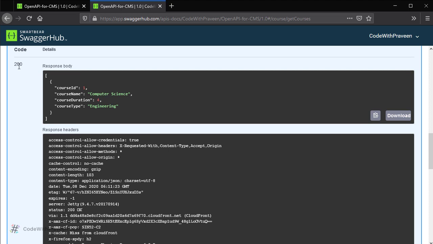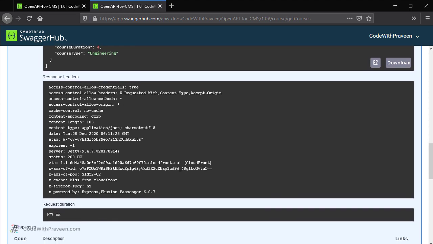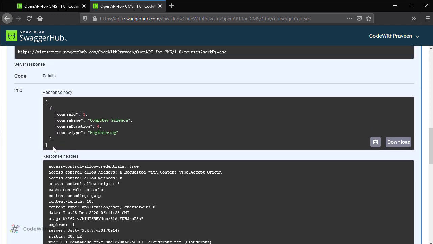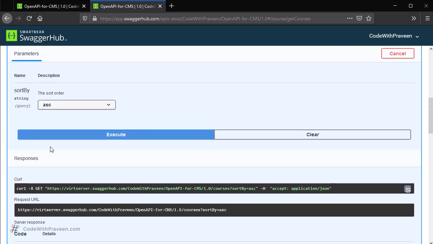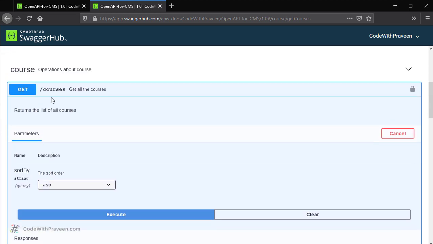We have got a 200 success code and the response is a course entry. Since we have simulated just a single course, it's going to show us only a single entry. Of course, we have all the headers which is displayed among the response headers at the bottom. You might be wondering from where it has pulled up all this information. If you remember, while defining this specific operation for the get method for the courses, we had defined the responses body. In the responses, we had defined 200, 400 series and 500. Among the 200 series, we had given sample values.